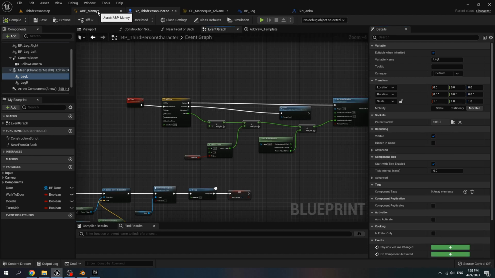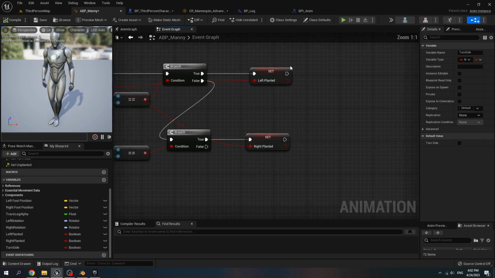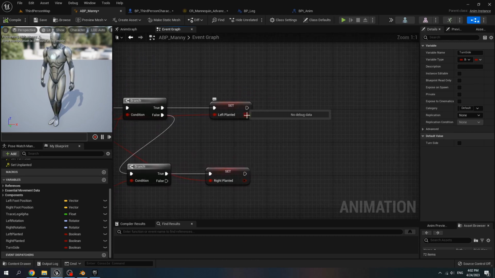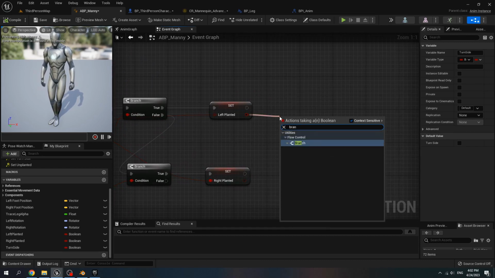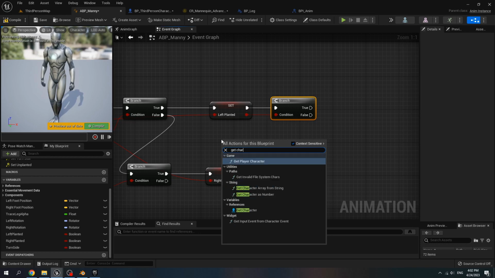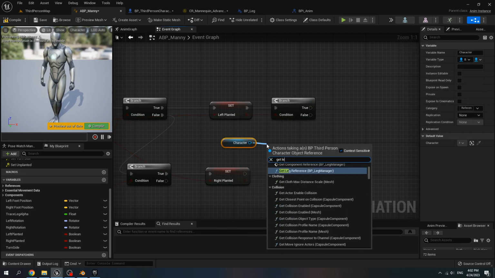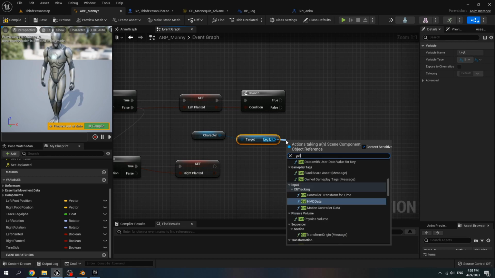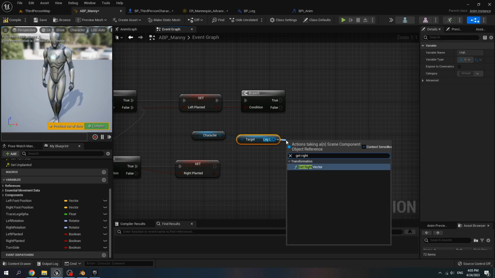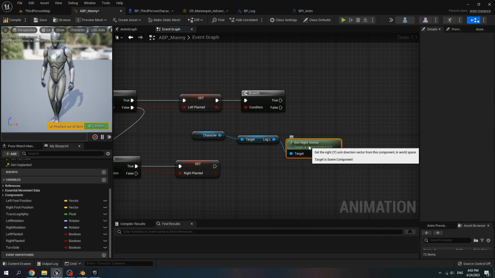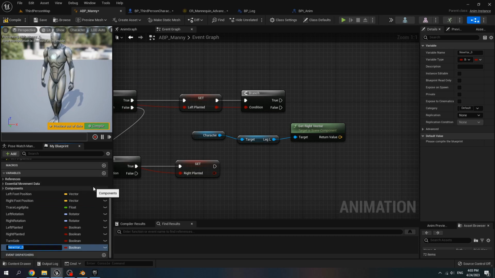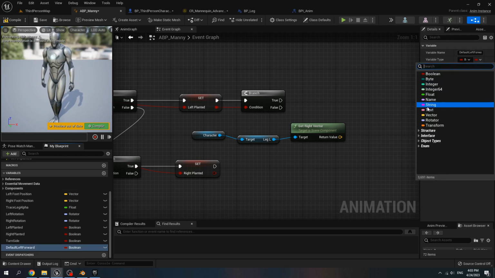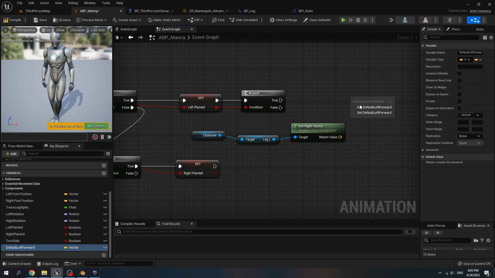Go to ABP menu and for left planted, create a branch, get character, get leg L, get right vector. Add new variable, name it default left forward, variable type is vector, and set default left forward when it's true.